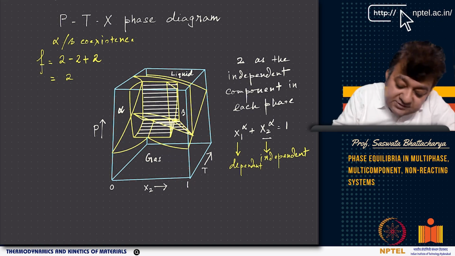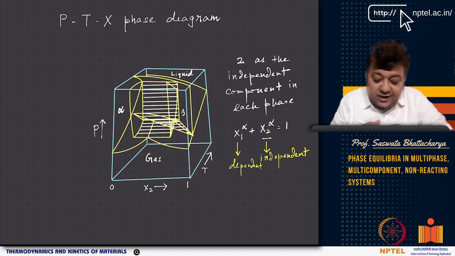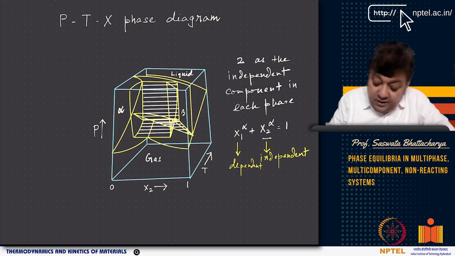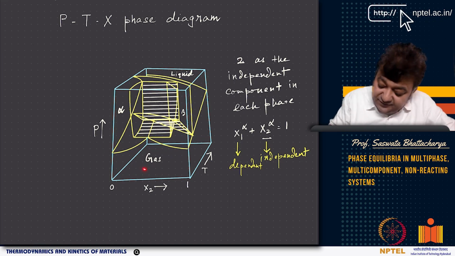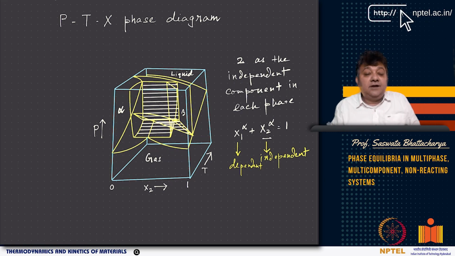So now instead of a pressure, temperature, composition phase diagram, which becomes very complex, we look at the temperature composition phase diagram at a fixed pressure if you have only condensed phases, if you do not have the gas phase. If you have gas phase also, along with liquid and solid phases, then you cannot get rid of pressure. You have to consider pressure.